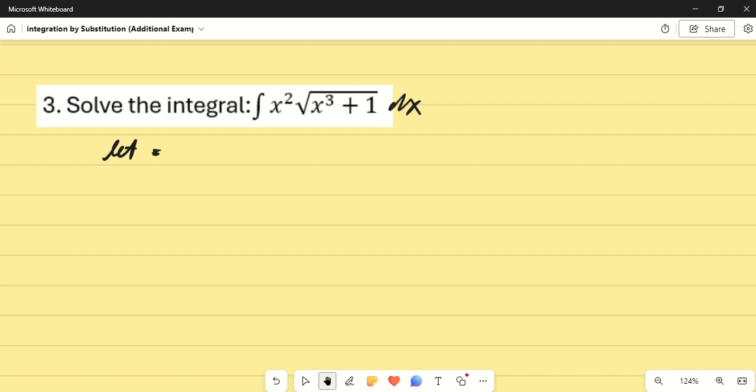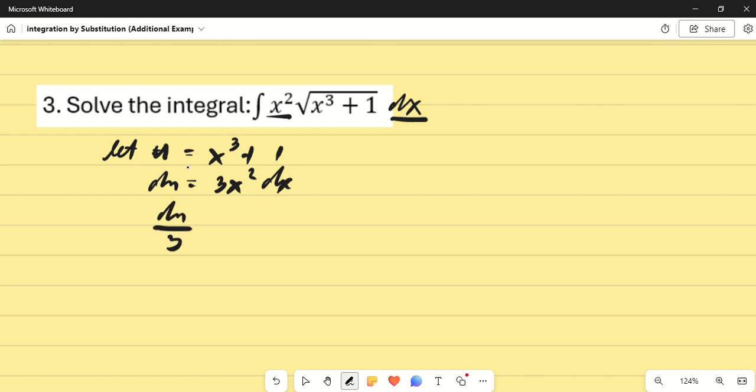And if you take the derivative, definitely that will give you 3x squared. Okay, so let u, so we write it here, u be equal to your x cubed plus 1. You take the derivative, du is equal to 3x squared. Of course, we need to write your dx here. And in our given, you only need your x squared and then your dx. So we divide both sides of the equation by 3. So you'll be having du all over 3. And this is definitely equal to your x squared dx.